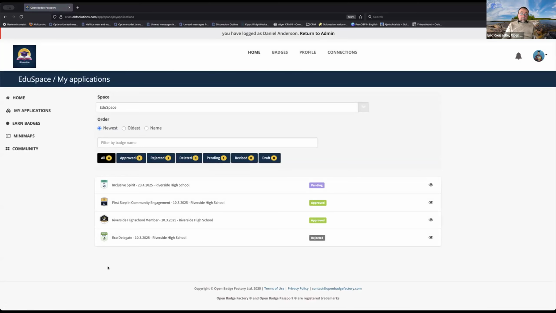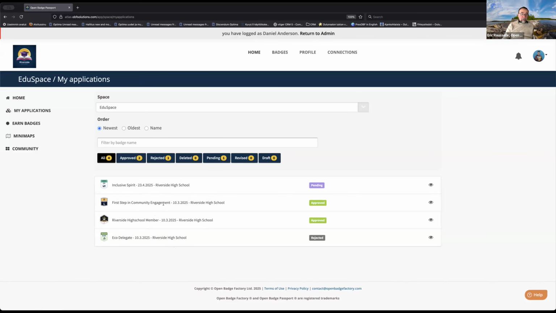And as you see, what is very interesting also, and it's something which is very often missing with any badge platform, because badge platforms are very much focusing on the organization, on the badge team, which will issue badges. Of course, you can always see reports about how many badges will be issued to how many people, but it's often quite quantitative. But here, as a learner, I can see all the badge applications I've been sending, and I can see the status of my badge application.